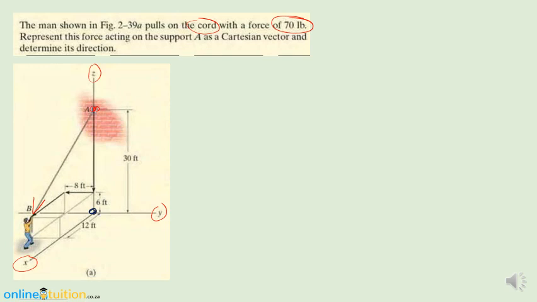So it tells me straight away from the setup that point A is sitting on the Z axis. So the point A would have coordinates 0, that's the X, 0 for Y, and 30 for Z. What about the coordinates of B? A little tricky here, just be very careful. The coordinates for B, if you have a look, that 12 means something. It's just not sitting there for nothing. It's 12 units away from that wall, so the X coordinate will be 12. Be careful of the Y coordinate. It's the other side of the origin, so it'll be minus 8, beautiful, and 6 feet above the XY plane,